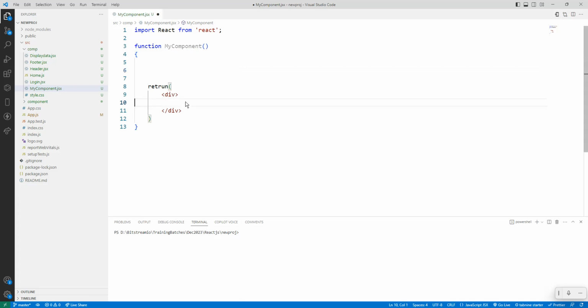What I will do here, I will do something called the count variable value is